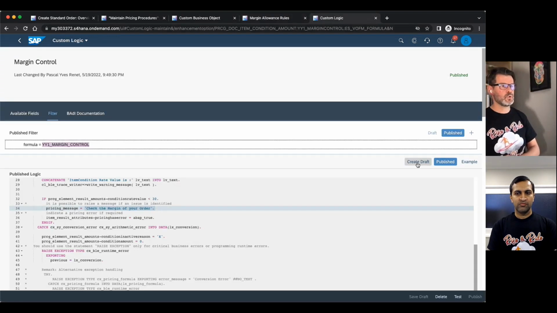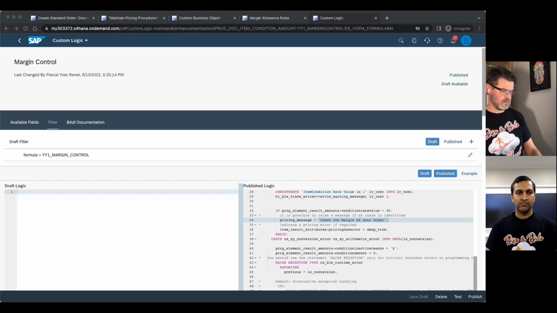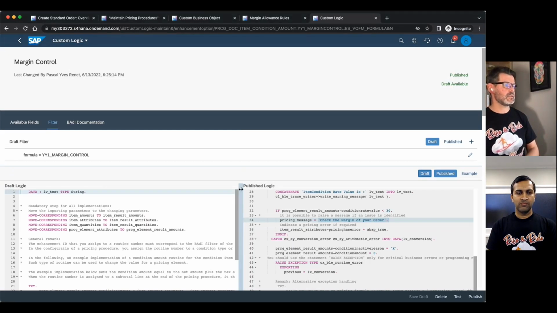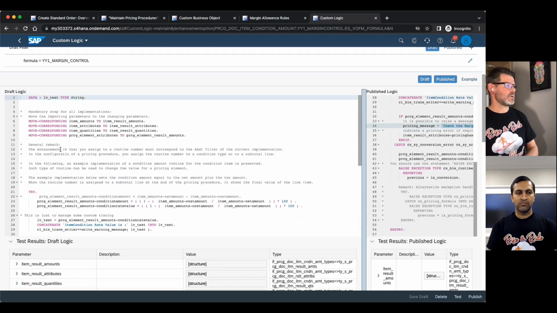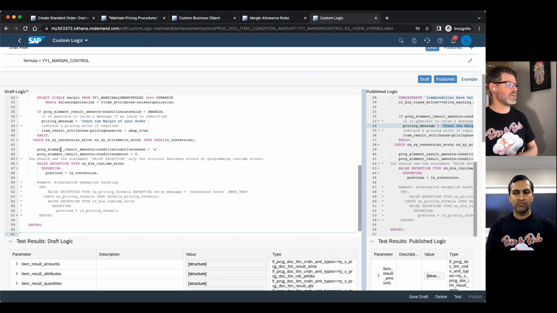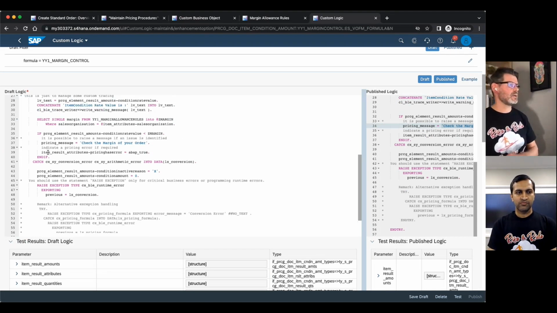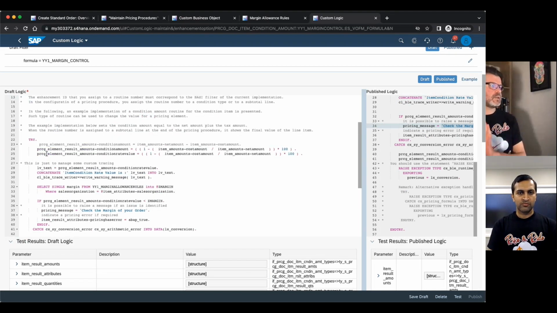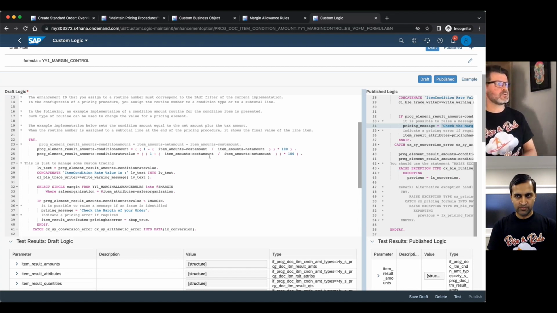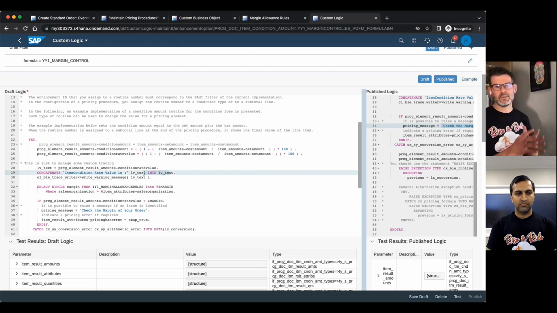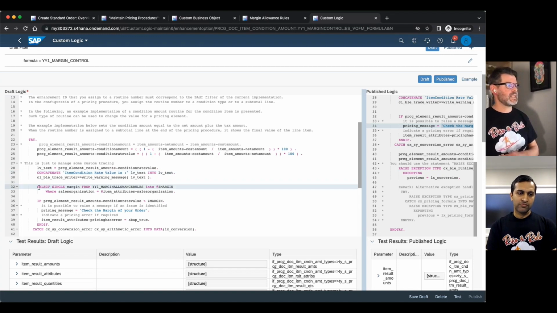And what I'm going to do is I'm going to create a draft. I have a code that I've already prepared and cooked. So let me just go in here. I'm going to select all of my code and paste in the code that has been prepared before. And as you can see, we're still kind of on the same way of determining the margin, i.e., we are still looking at the cost and the net amount to determine what that percentage is. But this time you can see that we have taken away that hard and false binary rule of 30% or nothing. And what we're doing here is quite different in that we are now going to say,